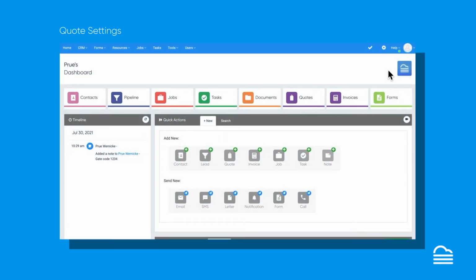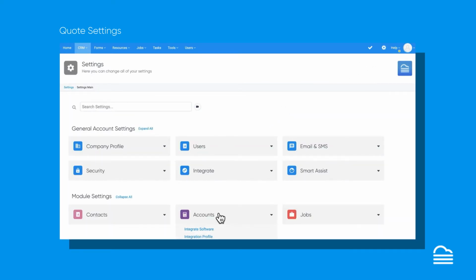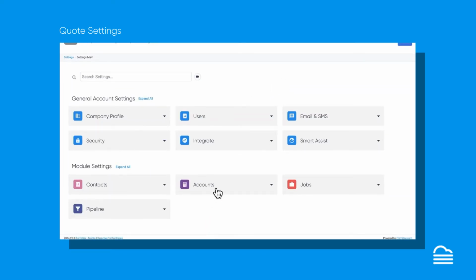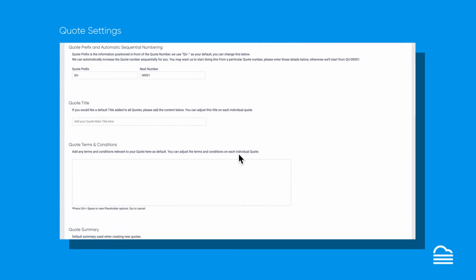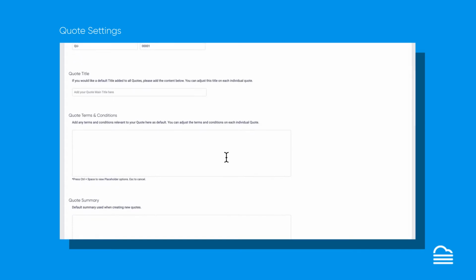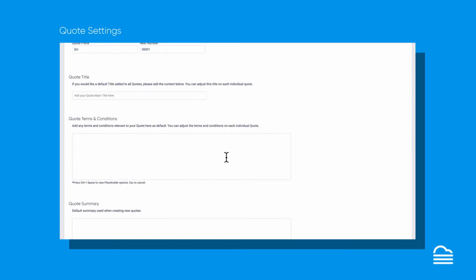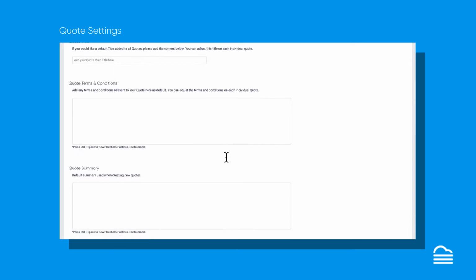Quote settings, quite similar to the invoice settings. So in the top right hand corner, settings cog, down to accounts, and then quotes, we have the ability to set your numbering as well as a default title to be added to your quotes, which can be changed on each individual quote. Terms and conditions to be added by default. When you do create a quote, you can actually add one-off notes. So specifically for that quote, you can have your own set of notes in relation to that,